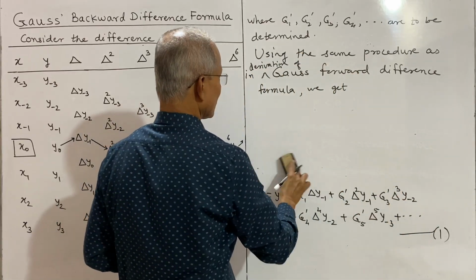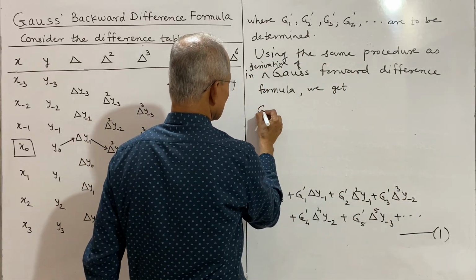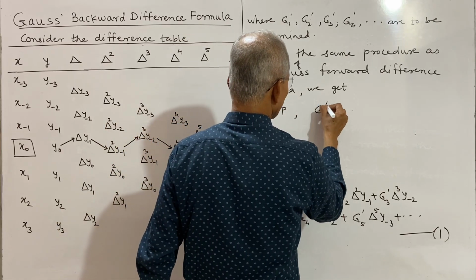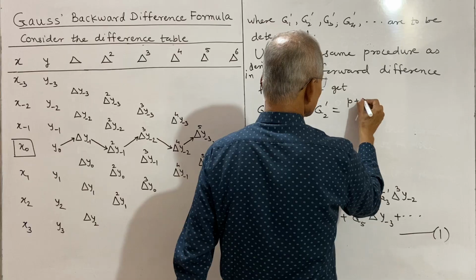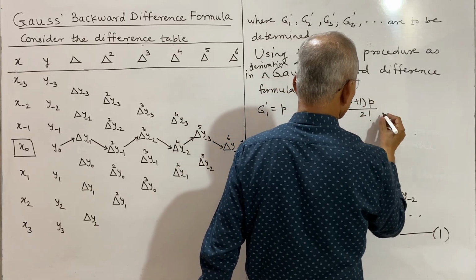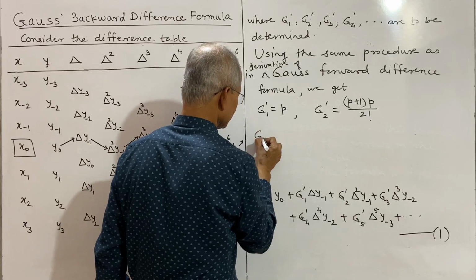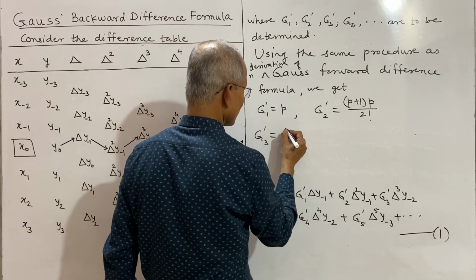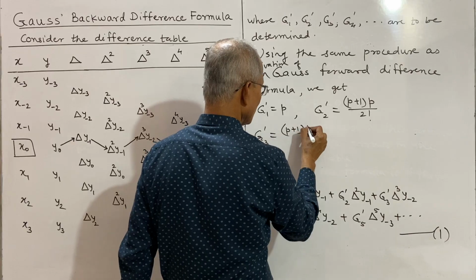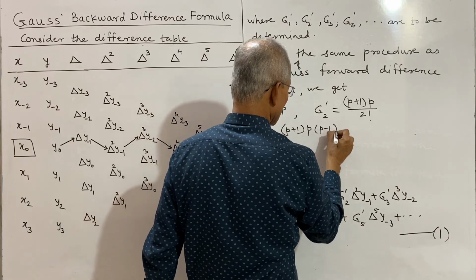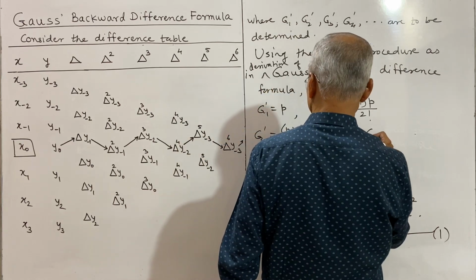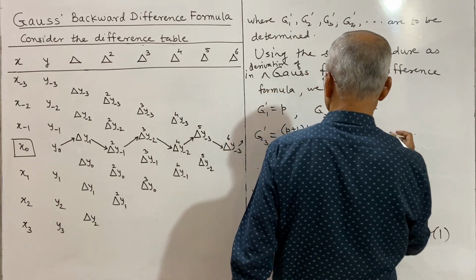We get g1 dash is equal to p, g2 dash is equal to p plus 1 into p divided by 2 factorial, g3 dash is equal to p plus 1 into p minus 1 divided by 3 factorial, g4 dash is equal to,